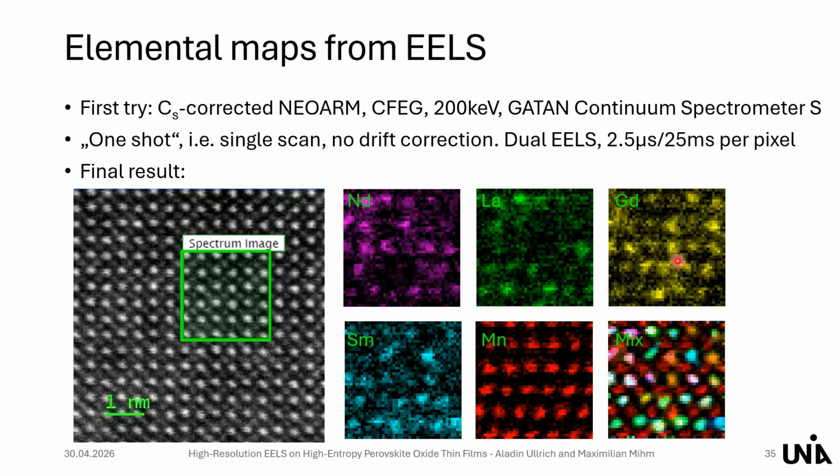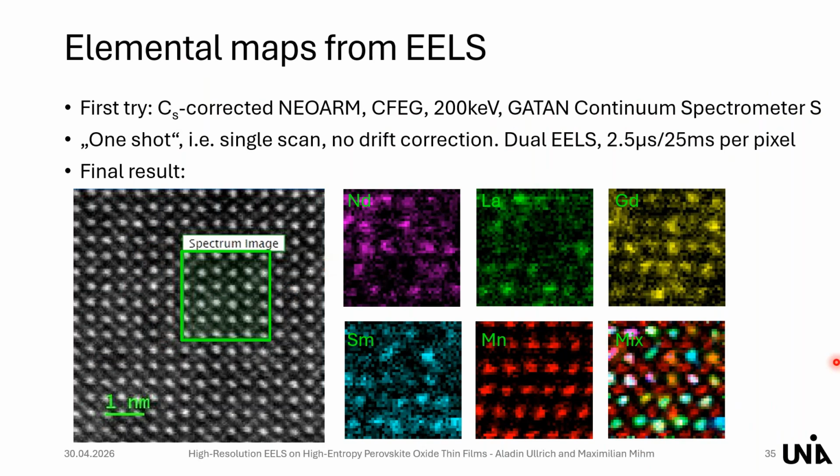And yeah, since we couldn't apply any kind of drift correction here, and also when you repeat the measurement, you're never sure whether you end up at the same place or maybe a few lattice sites off. We couldn't prove this in this way. And also, when you scan for a longer time at the same place, then you see actually that the sample starts to decompose and to get destroyed.